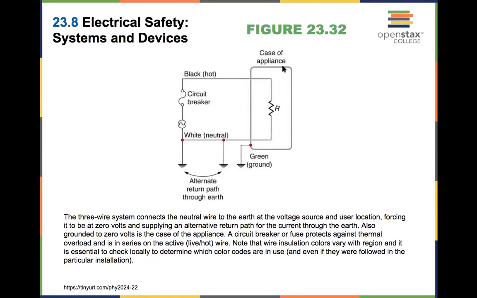So in case there's a broken part of the appliance and metal is exposed, you can touch the metal by accident. If the case of the appliance is grounded, then what happens is